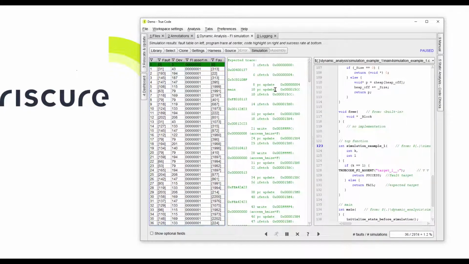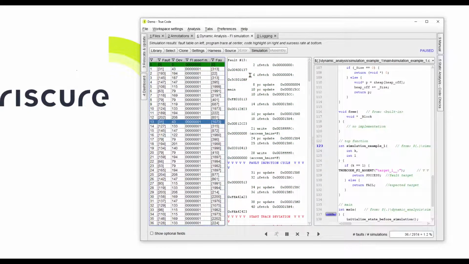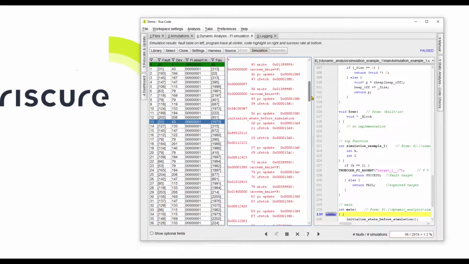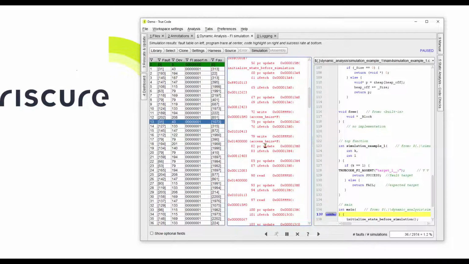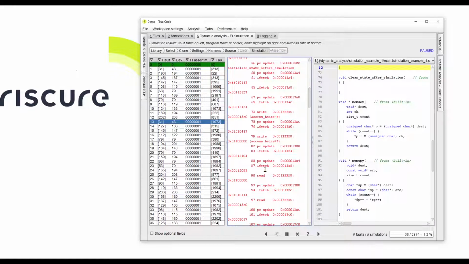the deviations against which the fault cycles are compared to. In the middle, you can see the particular selected trace, indicating in black the initial part of the expected trace, in blue the fault injection cycle, and in red the deviation of the trace that led to a fault target. Note that this is not an assembly language of the target architecture, but rather a high-level overview of what the simulator has executed. On the right, you can see how the instructions of the selected trace are mapped to the